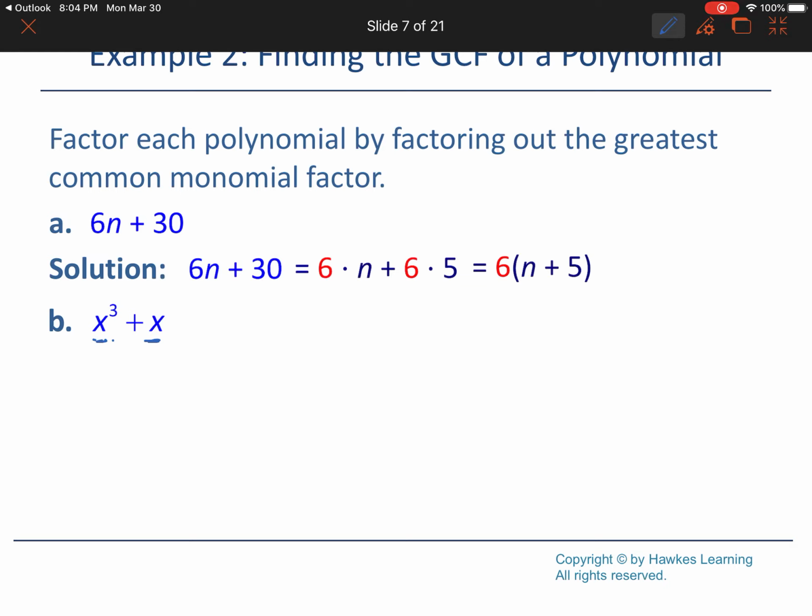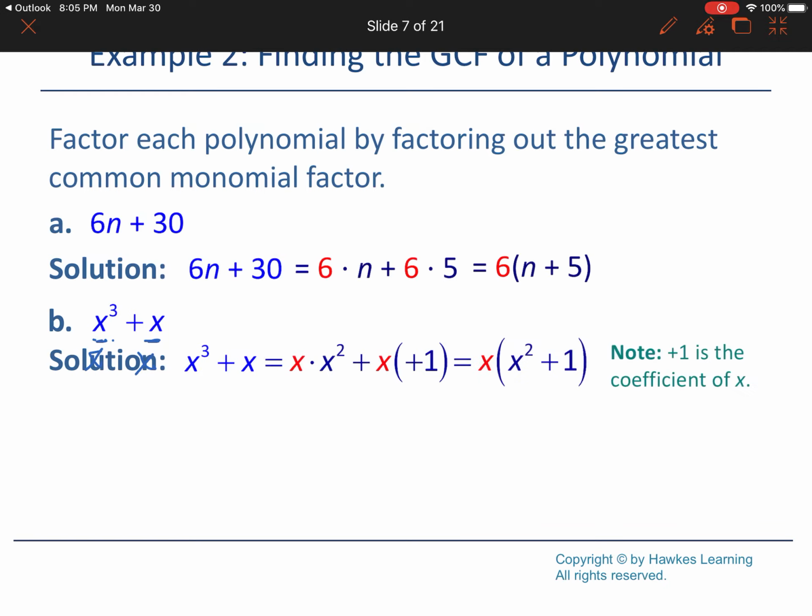And one of the ways to think about that, so when I pull out an x, remember, I can think about dividing. So if I have x cubed divided by x, that'd be x squared, and x divided by x is 1, right? So that's why when we are looking at this solution,